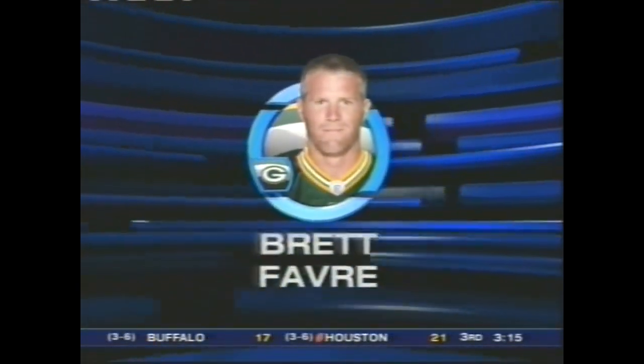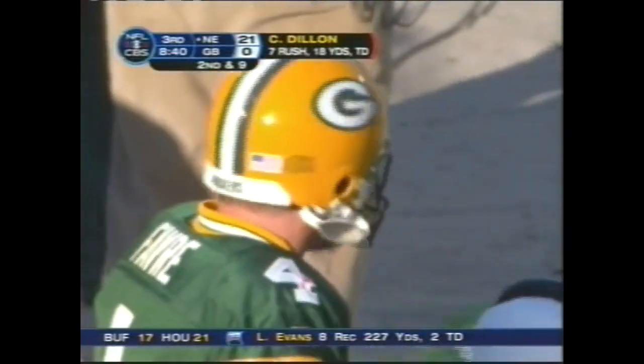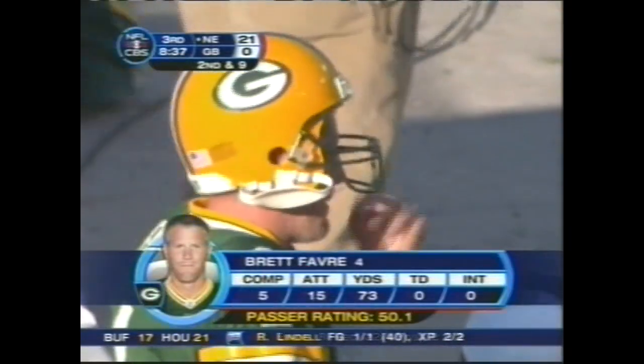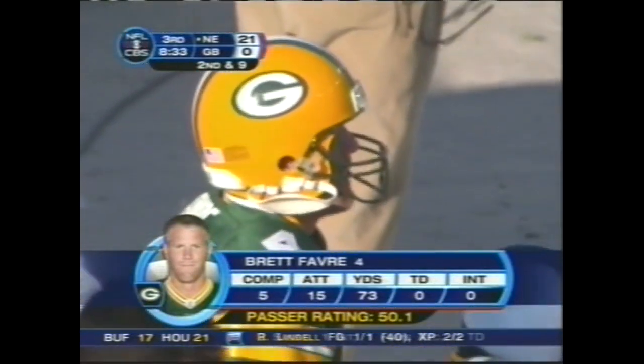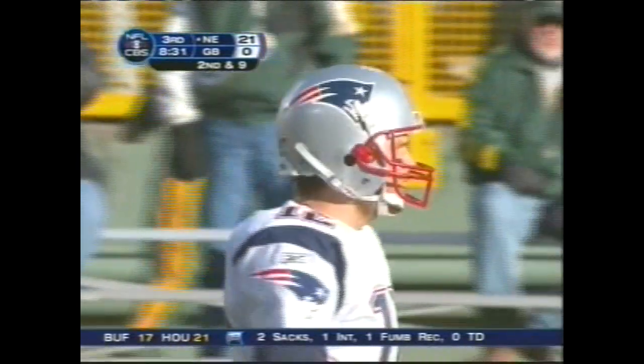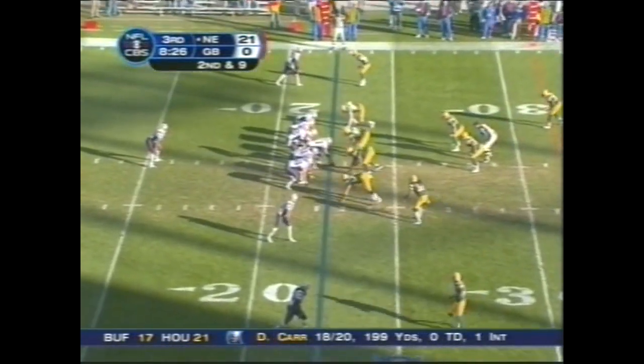Well, for those of you that weren't with us in the first half, it was towards the end of the first half that Brett Favre went down awkwardly on a sack. You can see he's wrapped up and unable to break his fall. As he goes down, he lands on his right shoulder and his right arm, and he injures his right elbow. But you can see that it's causing some sort of a disturbance all the way down towards the wrist and the hand, and Brett Favre has not been able to come back. Aaron Rodgers has replaced him, and as you saw by that graphic, before he got hurt, Brett was having a